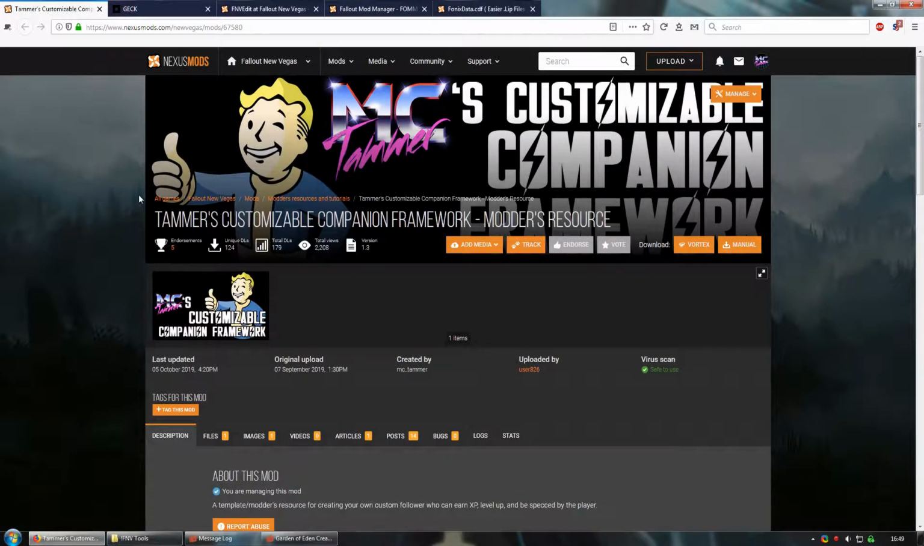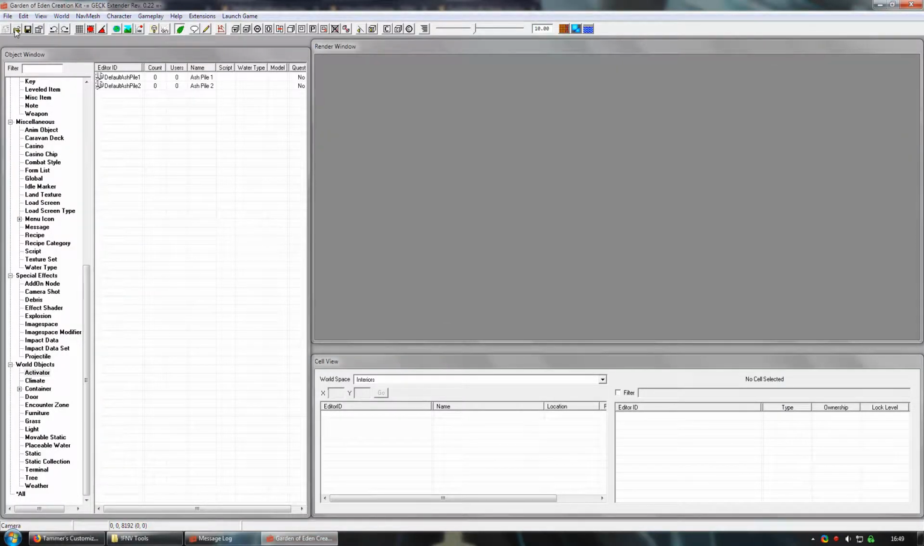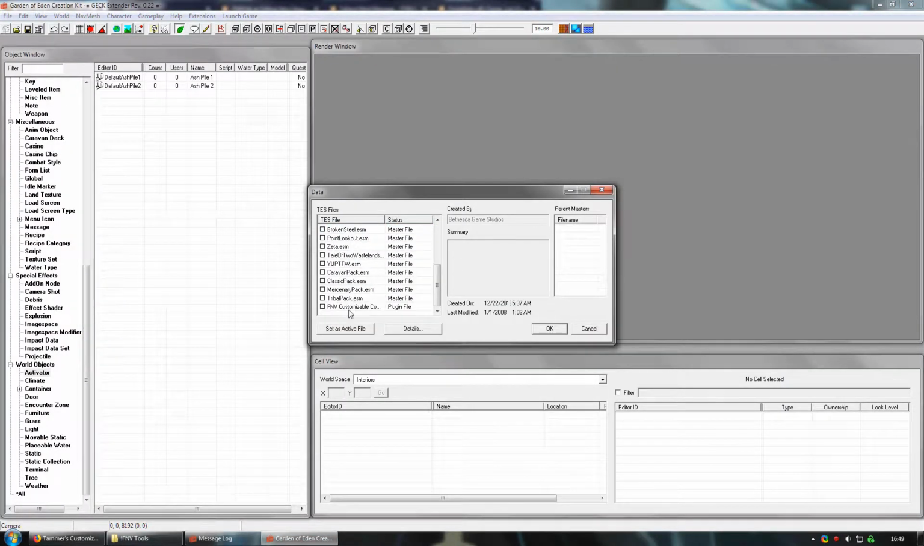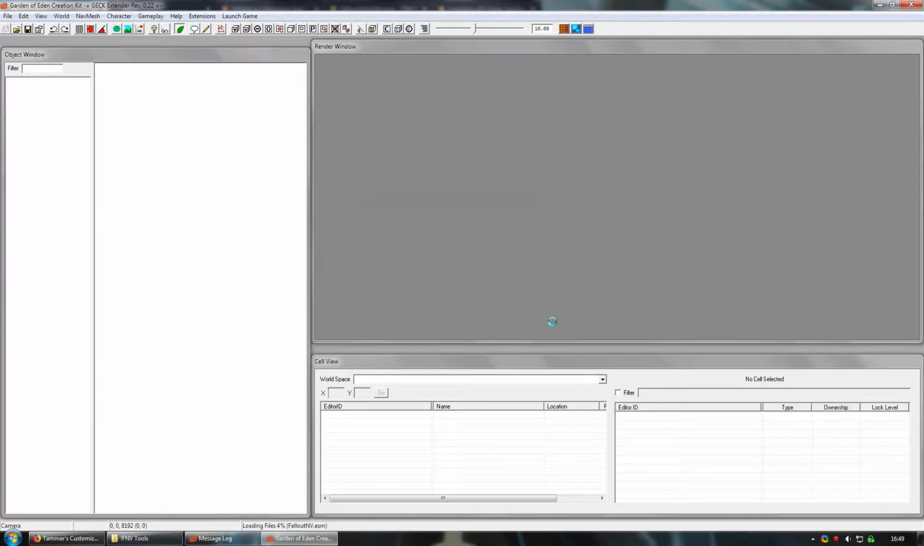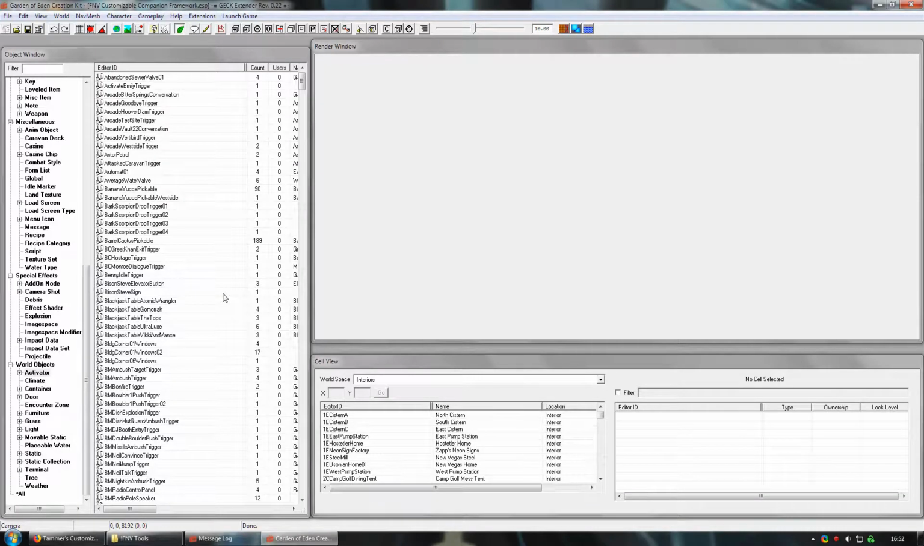So after you've downloaded all that stuff and installed it, you're going to need to download my Customizable Companion Framework, and when you've done that, we can load it up in the GECK. So select Customizable Companion Framework, set as active file, click OK, and just wait a few minutes for it to load. Okay, so now that the file is loaded,